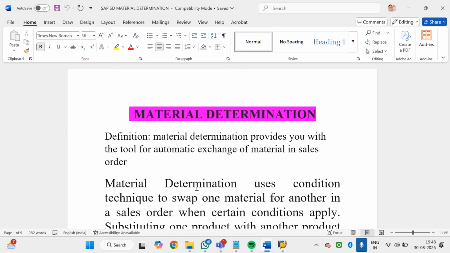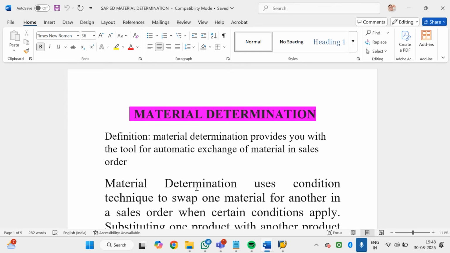जैसे एग्जांपल ले लो, मोबाइल इंडस्ट्री में, टेलीकॉम इंडस्ट्री में, मोबाइल बनाने वाली कंपनी का हर 6 महीने पे नया अपग्रेड मॉडल आता रहता है। तो अपग्रेड होने के बाद पुराना मॉडल मार्केट से गायब हो गया। अब हमको मालूम है कि पुराना मॉडल अभी भी है मार्केट में और हम उसी को ऑर्डर कर रहे हैं। तो ये कॉन्सेप्ट वहां यूज होता है कि मटेरियल डिटर्मिनेशन, कि अगर कस्टमर पर्टिकुलर मटेरियल ऑर्डर कर रहा है और वो मटेरियल